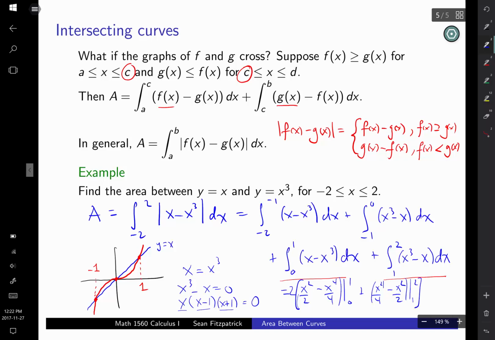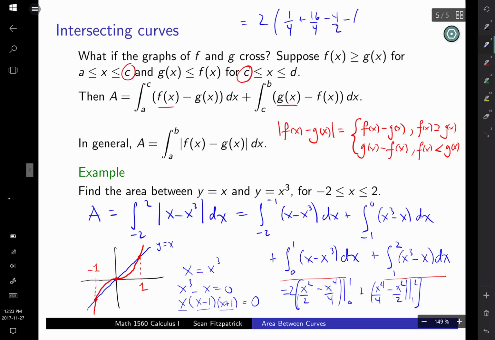That's what we have to work out. Well, that's still not super nice, right? A half minus a quarter, what do I get? 2 times a quarter for the first one. 2 to the 4 is 16 over 4. So I get 16 over 4, 2 squared over 2,